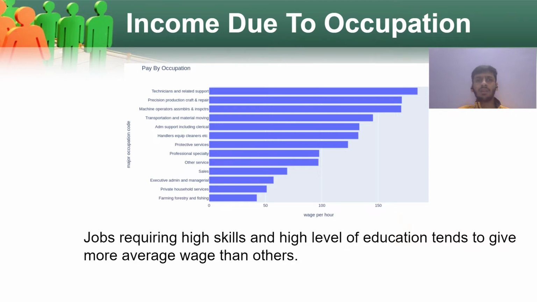Jobs requiring skills or relatively higher levels of education, like technical support, production, machine operations, etc., offer more hourly pay as compared to primary occupations like farming. Notice that one would expect sales to have a relatively higher position on the graph. However, after a little search on the internet, it turns out that the majority of earnings in sales come via commission, and this commission is not counted under the hourly pay, and thus sales comes at a relatively lower position in our bar graph.